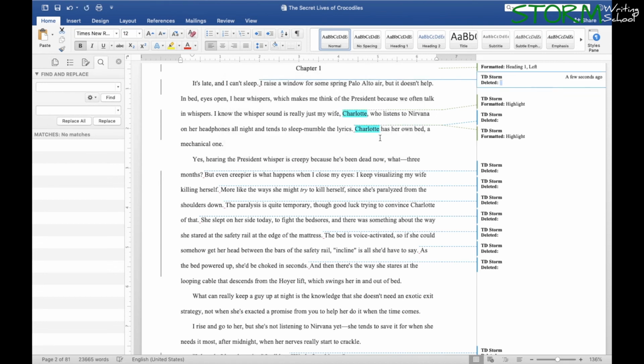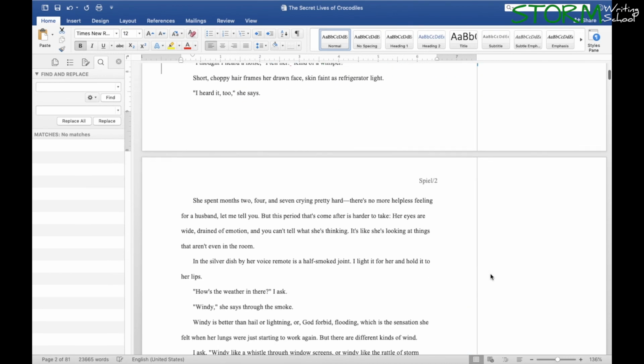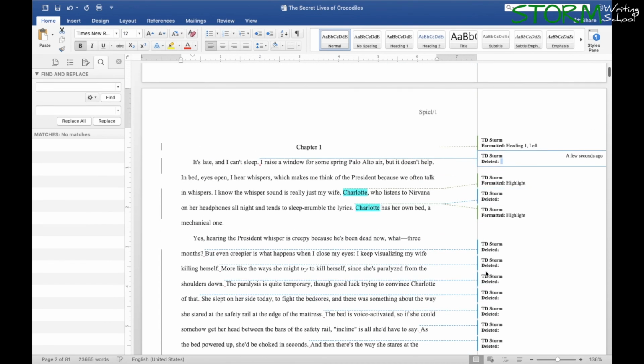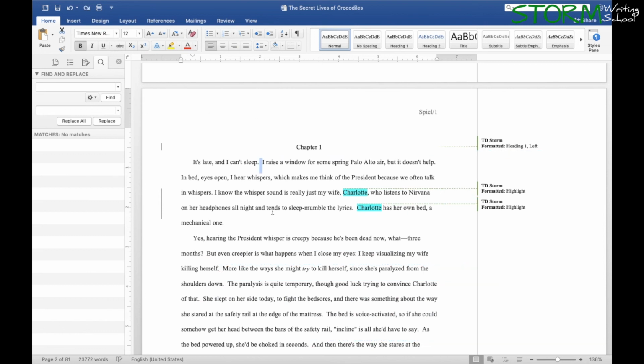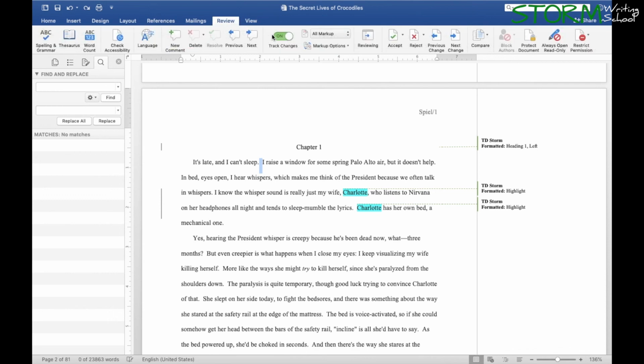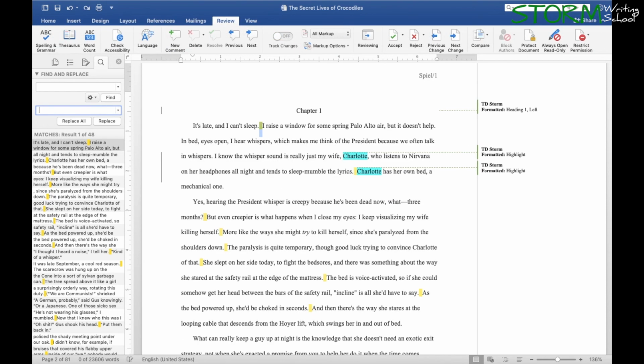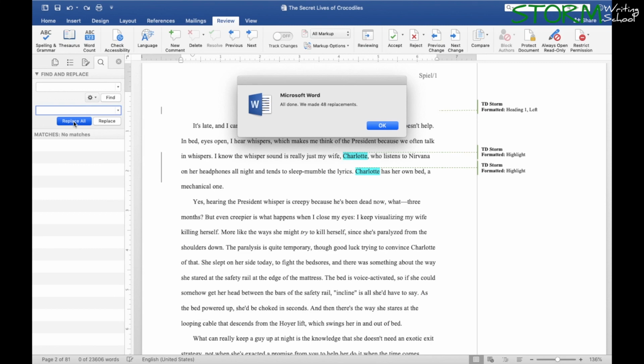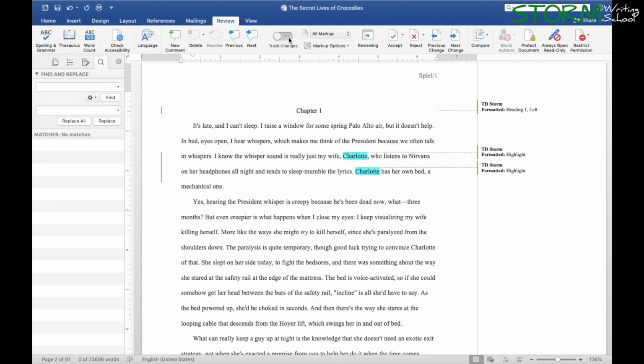Congratulations. Now you see all those deletions are going to show up here in the margin comments. It makes things fairly messy. So just an FYI, when I'm doing this change, and I do this change a lot, I often just turn off track changes, then replace them all, and then turn back on track changes. So then it's not so messy in the margins.